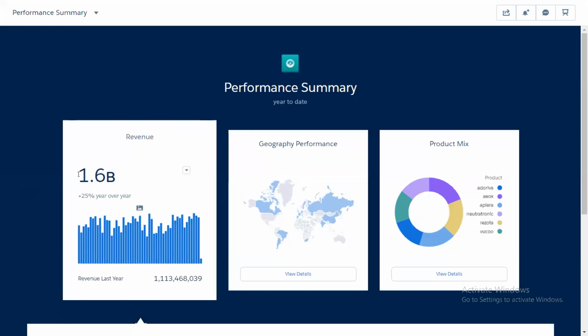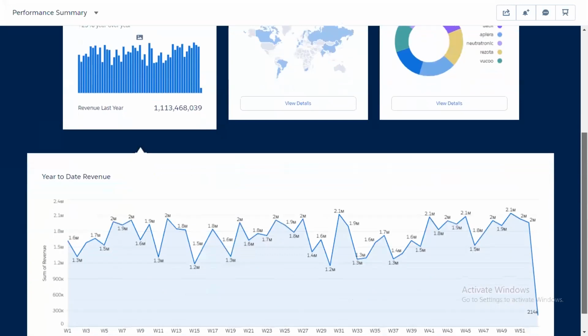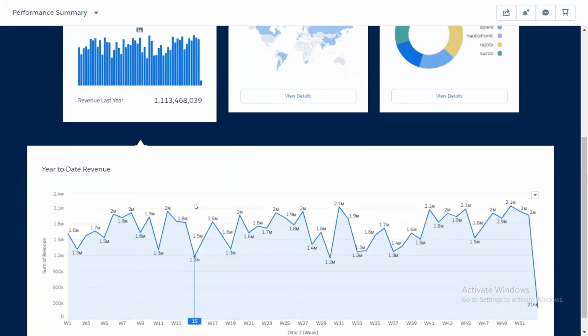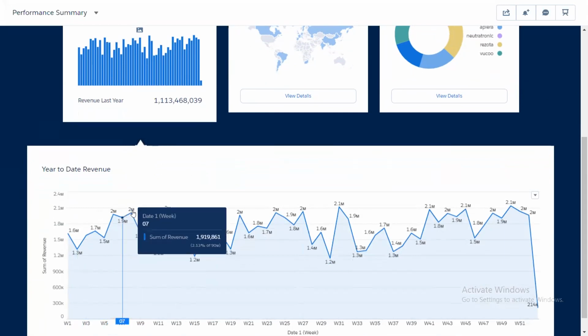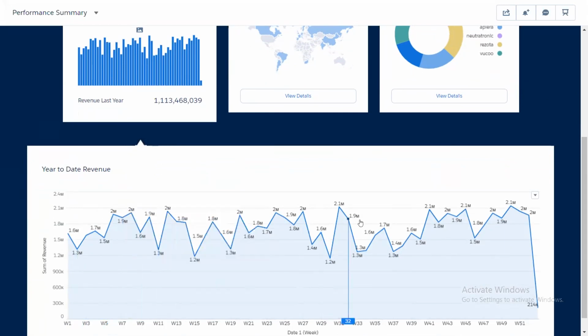So show it in some bold letters or in some different color where a user can easily find out where the main or the primary KPI resides over the dashboard. Then I do have this chart here at the bottom. Okay, so what is the revenue for each week I have created here?